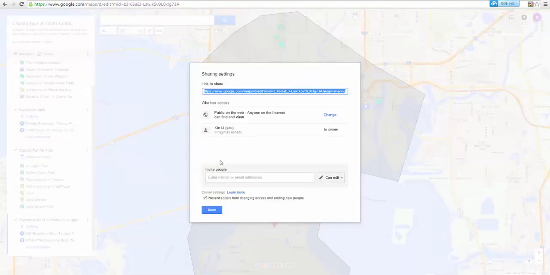There are several simple ways that you can share. This is the URL for people to visit your map. You can send it by email or post it on a website. You can invite people to visit your map by entering their name and email address here, and you have to